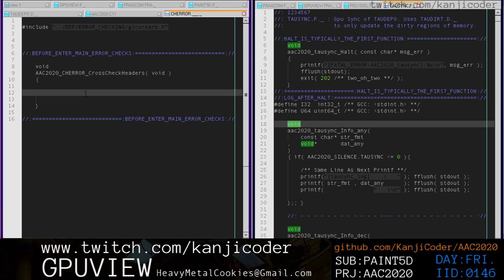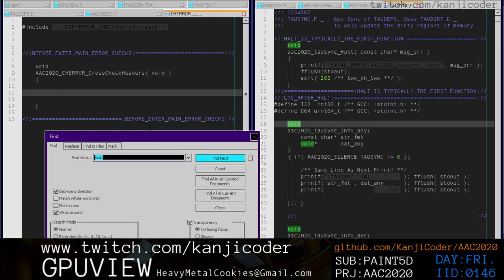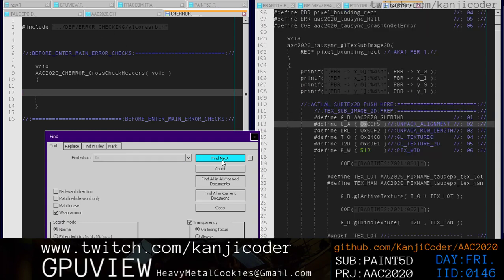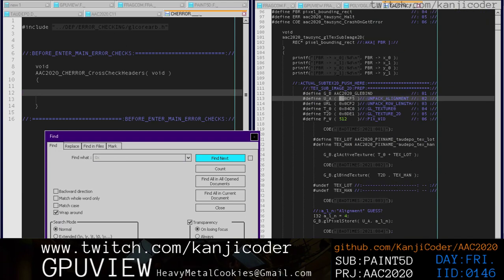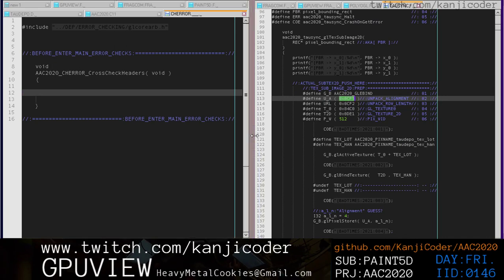Okay, so if we look for 0x, I know 0x is kind of a weird thing to look for, but I'm going to take a guess that I can find what I'm looking for if I just look for some hex codes. Yeah, so this is actually what I'm looking for right here. We're doing a subtext push here. And right now, we're not sure that these hard-coded constants are correct. So what I want to do is just say